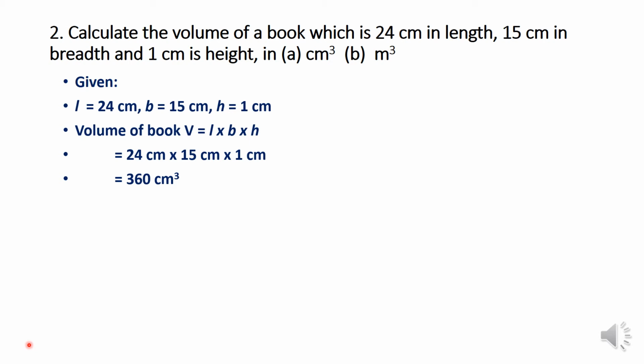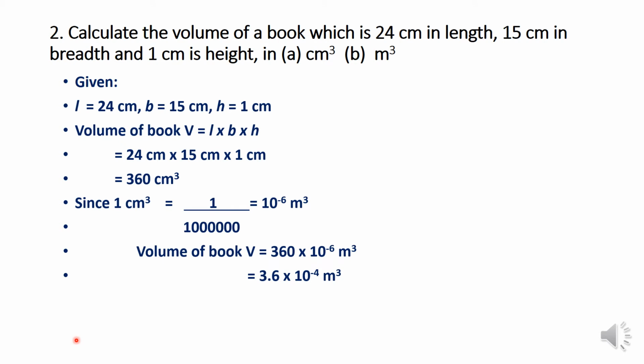Now you have to learn to convert a centimeter cube into meter cube. You know that 1 centimeter cube is equal to 1 centimeter into 1 centimeter into 1 centimeter, and each centimeter is 1 by 100 meter. So this is 1 by 100 into 1 by 100 into 1 by 100. So you will get 10 to the power minus 6. Why are we writing minus 6? Because all the zeros from the denominator we are writing up, so we have to show it by a minus sign here. Okay, so that is the value.